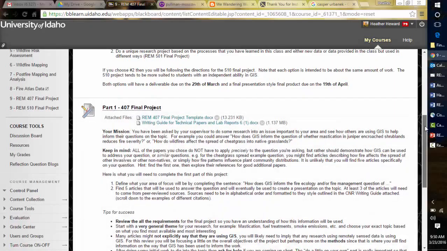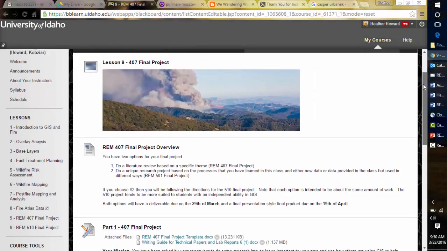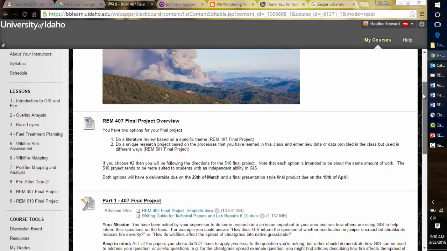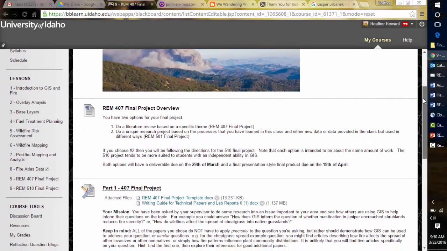In this presentation, we will discuss the expectations for the final project, both Part 1 and Part 2. As an overview, the final project that's been assigned to the 407 part of the class is a literature review. So picking a specific theme related to fire ecology and management and finding out how GIS informs that specific theme